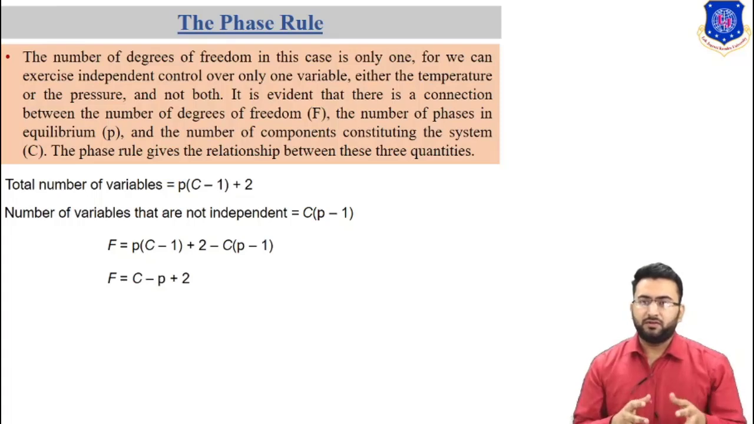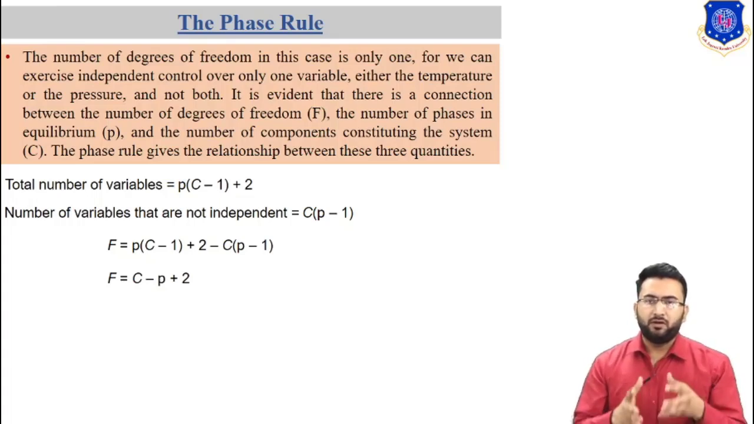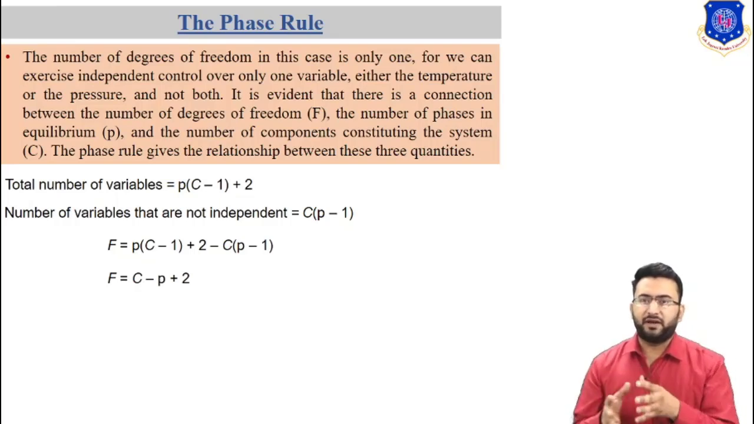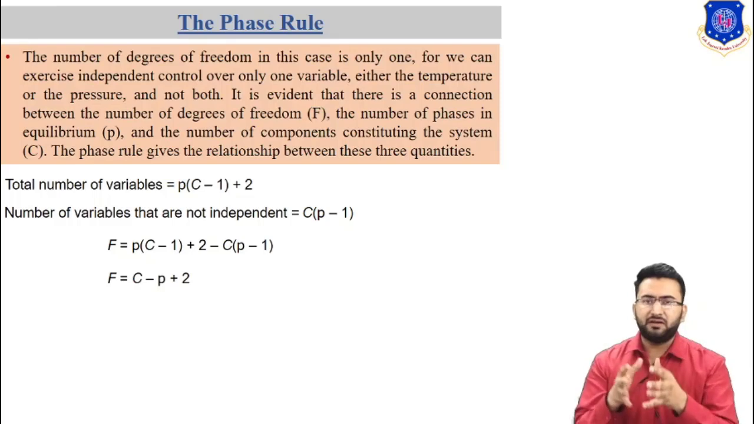The number C, which stands for the number of components to be used in the equation, is the least number of independent chemical compounds from which the system can be created. This becomes important in dealing with systems involving chemical reactions. To understand this, let's take one example. For example,